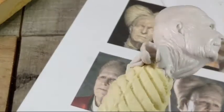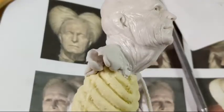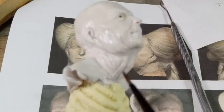Once we mark all the wrinkles, I'm just going to repeat that because my camera stopped recording and I still have some smoothing to do. So I'm going to repeat that part in case I missed some recording. Once you mark all the wrinkles and you like it, you're going to get baby oil, mineral oil, and